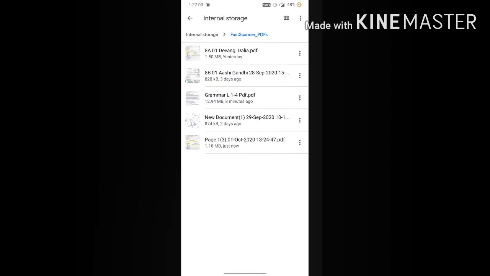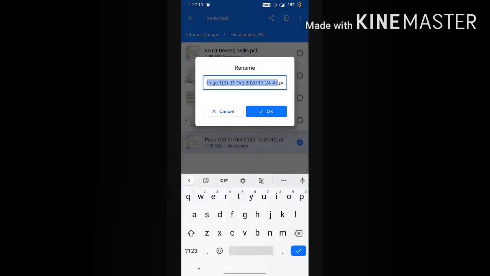Now what you will do, again you don't have to open this document, outside itself you are able to see 3 dots on the right hand side of the document name. Click on that and choose the option of rename. So to rename, as we have told you how you are supposed to rename your answer sheet, in the same way you have to rename this file.